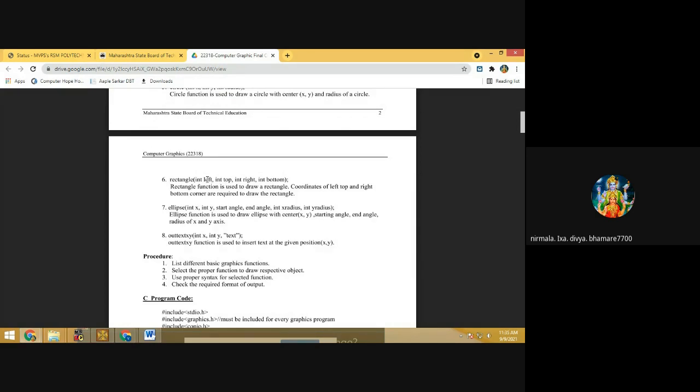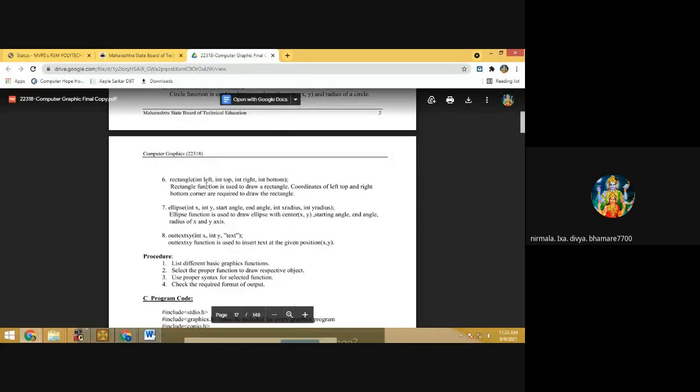Integer left means the starting point on the x-axis. Integer top means the starting point on the y-axis. And integer right means the ending point on the x-axis. And integer bottom means the ending point on the y-axis. In this way, you have to provide the starting and ending coordinates.